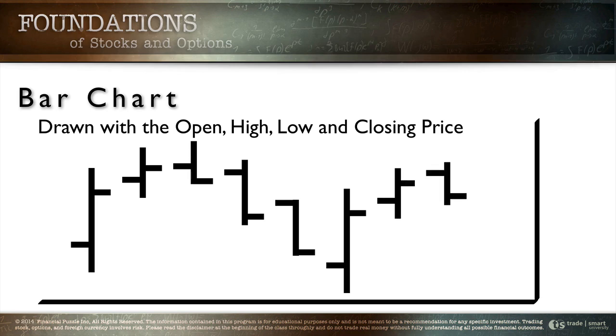All right, the bar chart is the next type of chart. This is going to be drawn with the open, the high, the low, and the close. Of course, we draw these left to right. On the left side, you've got the opening price. You got the high price of the day. You got the low price of the day. On the right side, you've got the closing price of the day. And then we just plot all of that across the chart. The bar chart is great, except for when you put it onto a screen with a bunch of other little bars, they all kind of squish together, and it makes it a little difficult to read.